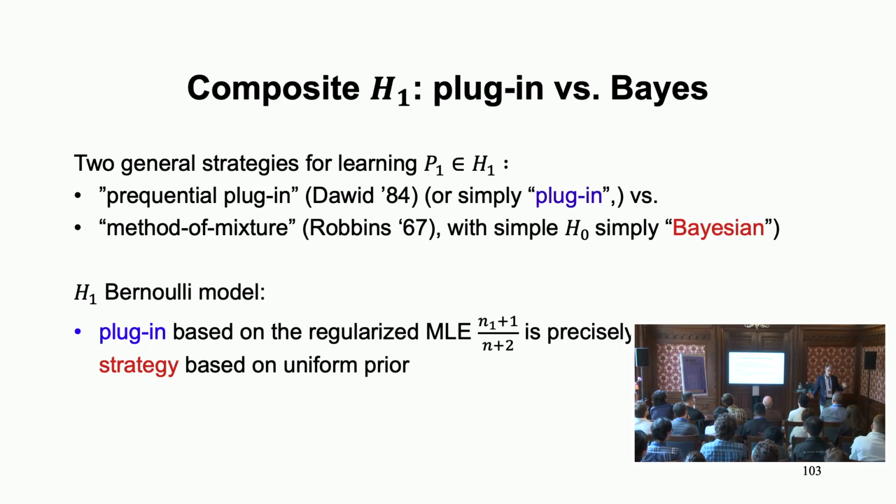So in general, you can always do both, and they're not always the same. That's also an important thing to keep in mind. In the Bernoulli model, these two things are really exactly the same. If you take a uniform prior, you get the Laplace rule of succession. If you take a smoothed maximum likelihood estimator of the past, you get the Laplace rule of succession. But in general, taking a plug-in estimator of the past and taking a base predictive distribution for some prior is similar but not the same. This plug-in idea is often called frequentist plug-in. It was invented by Phil Dawid, a famous statistician.